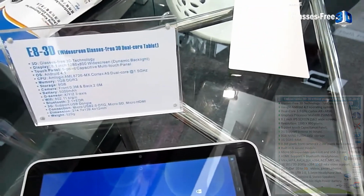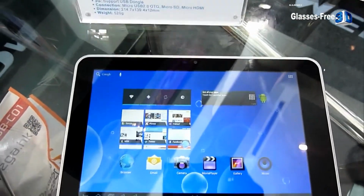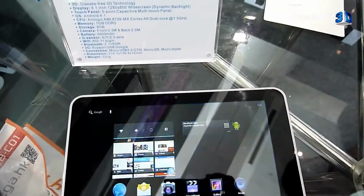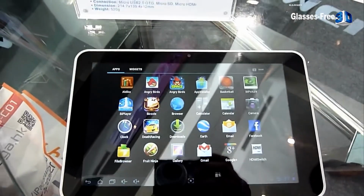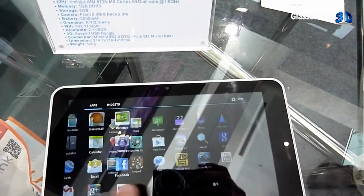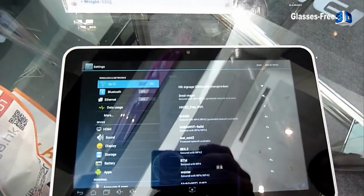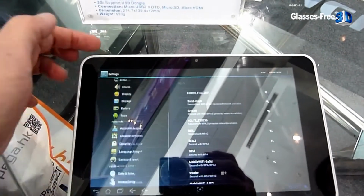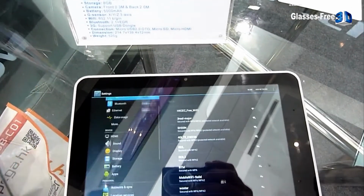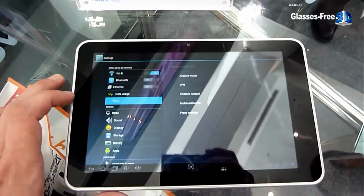Let's see here. We see here that they have also modified the Android system. So nice and large icons. If we go over to settings, you can also see that the settings menu looks different with colorful icons here. And so we got Bluetooth, VPN,